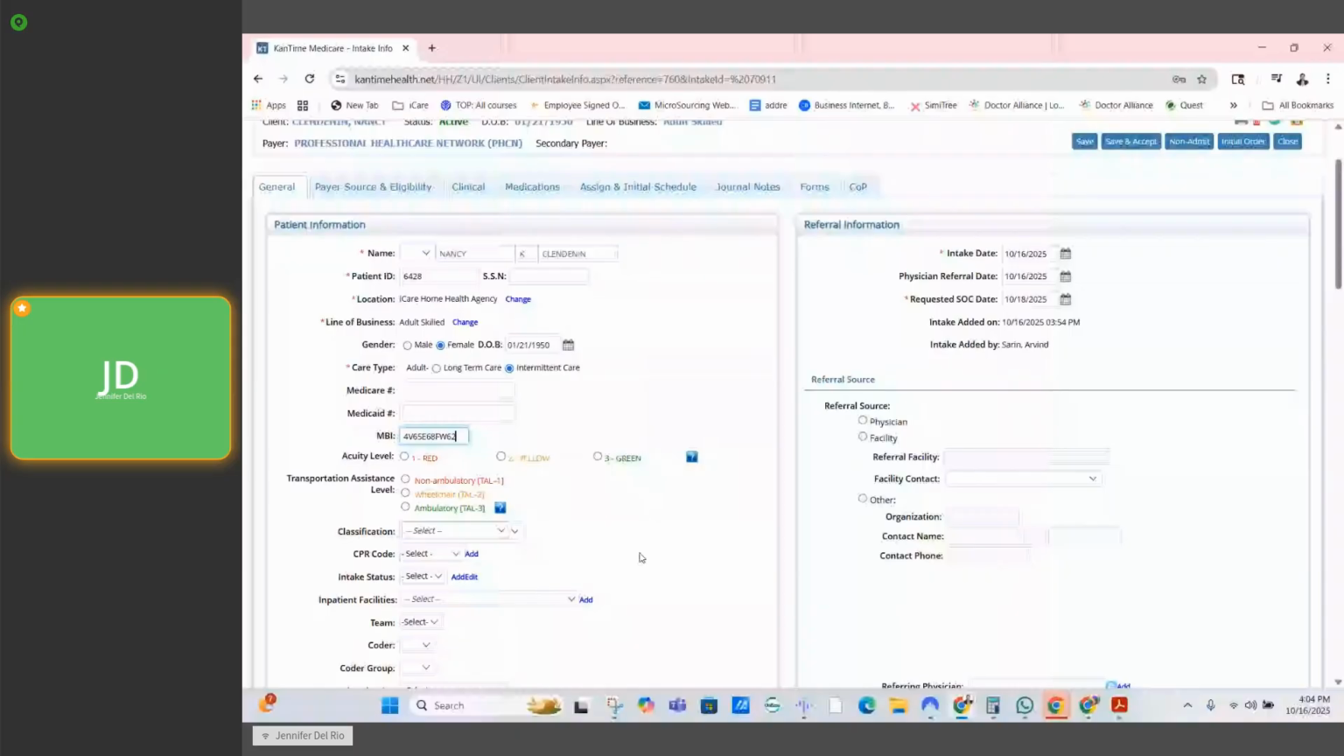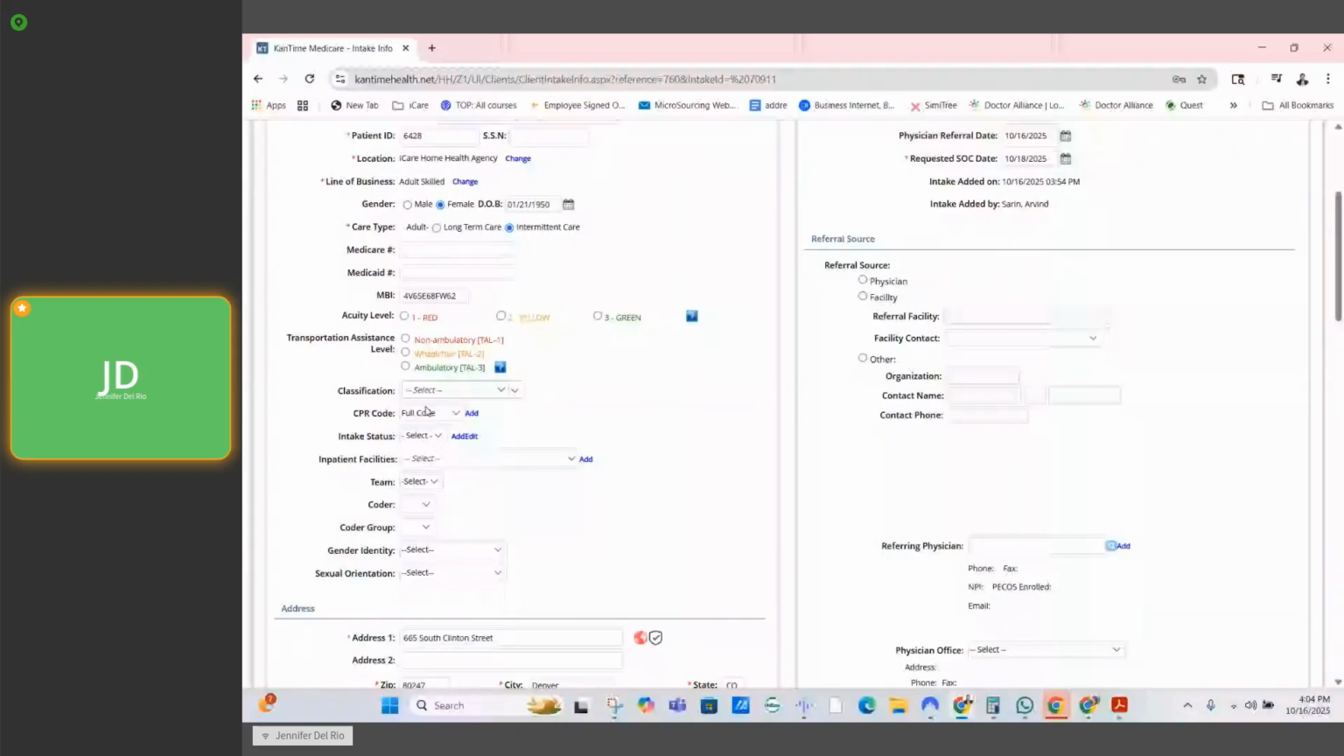Full code, so we need to put the full code. Procedure code is the G. We don't need to put inpatient facilities. We don't need to put this. But for gender identity here, please,